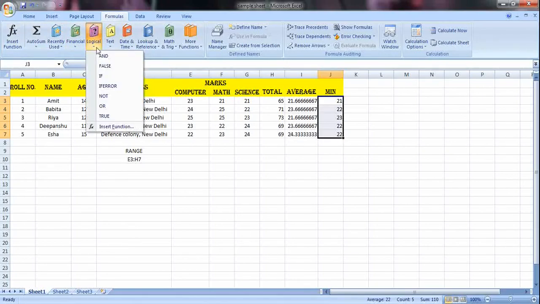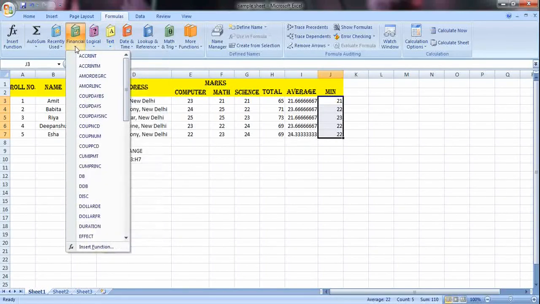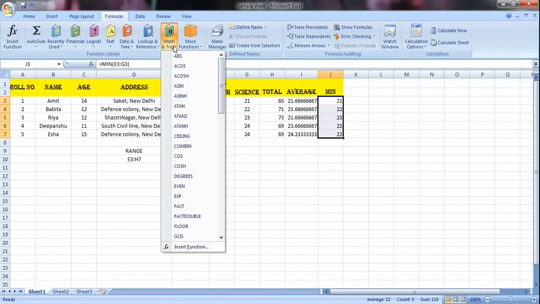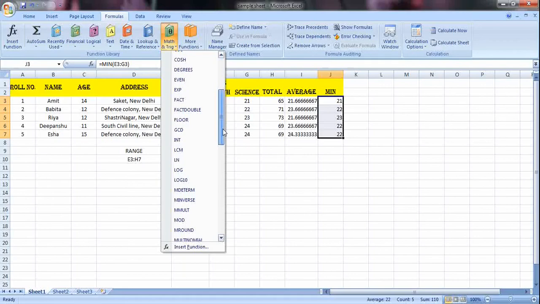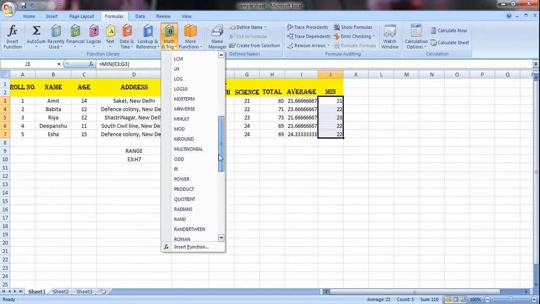So if you see, there are logical ones, then there are the text ones, financial ones. So by using Excel sheet, you can almost apply all the functions simply by a mouse click, all the mathematical and trigonometry formulas here. So if you want to calculate your GCD, HCF, everything is here.